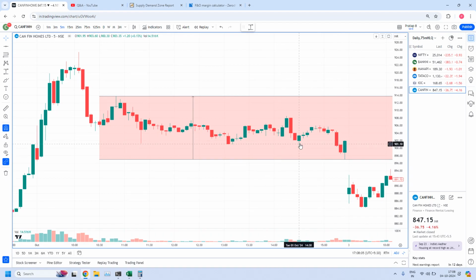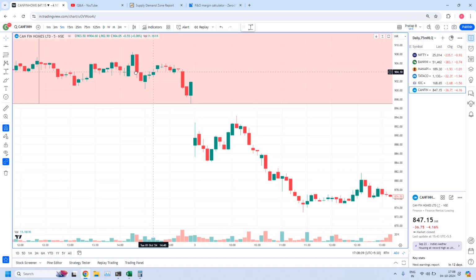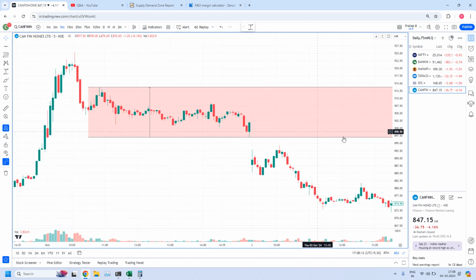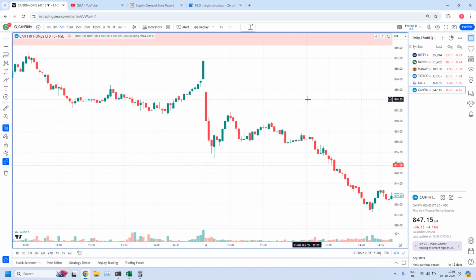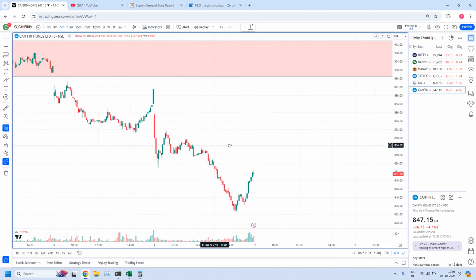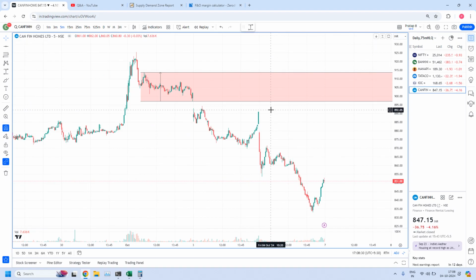So finally I concluded this does not have a proper setup, and there are higher chances this zone will be violated. Unless next time prices enter, institutions create a new, very good fine-tuned 15-minute zone and push the prices. In the next retracement you can plan the trade, but otherwise the zone might be violated. So this is about the high liquidity zones generated from our previous report. Hope this information will be useful to you. Hope you are also having a good understanding about the